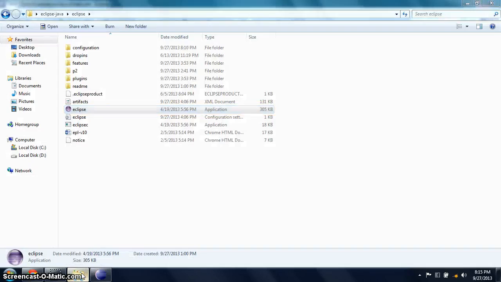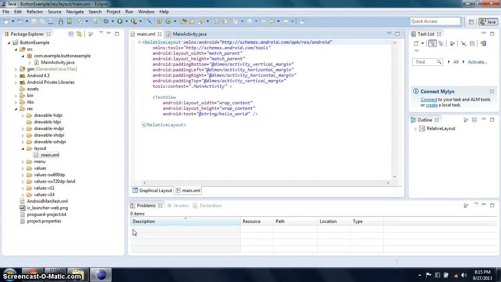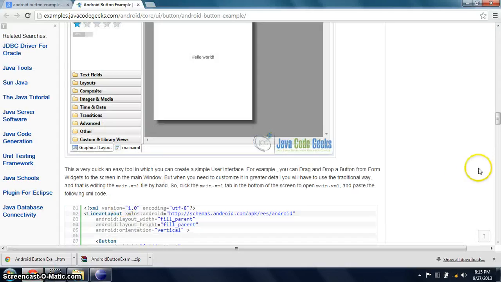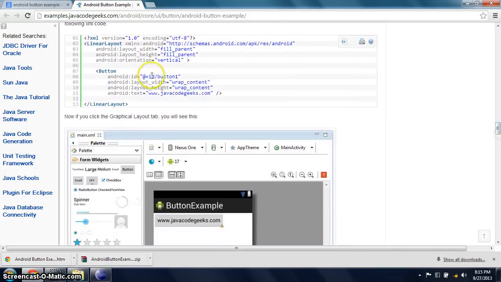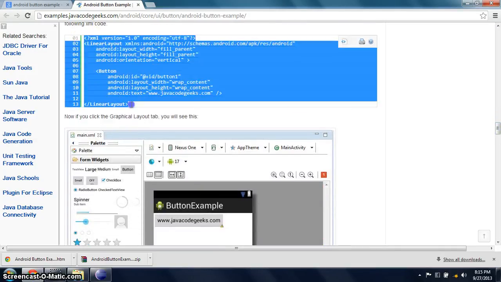Don't worry if you do not have a background in the programming language. Just search for some examples or button examples on the internet. Copy and paste this one.